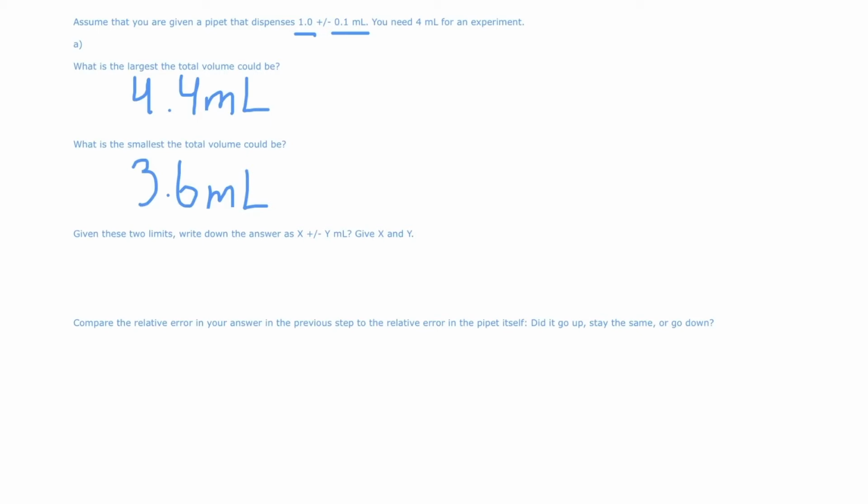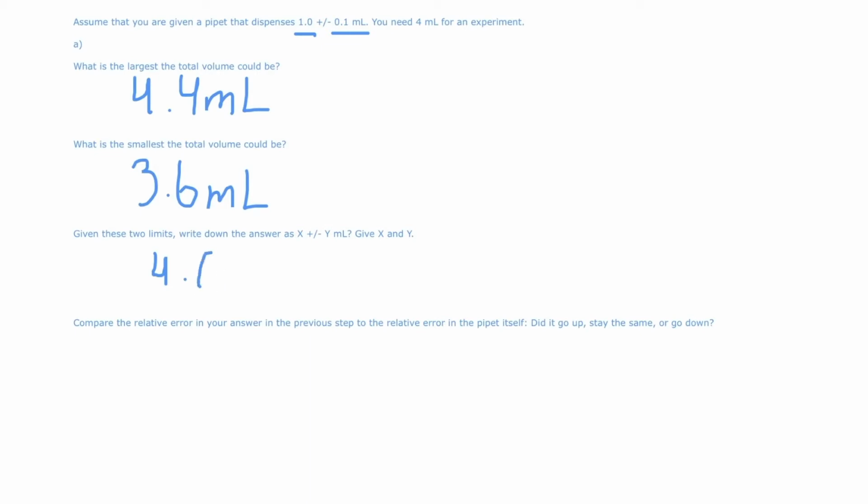Now, with the first two out of the way, we have these two limits, per se, of our possible bounds in this measurement in our experiment. So given these two limits, write down the answer as x plus or minus y milliliters, and then provide x and y in this statement. So this part's pretty simple. All we need to do is write down the middle of these two limits, and then write this as plus or minus 0.4 milliliters. So we put 4.0,